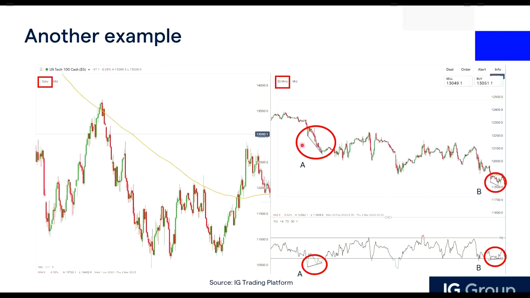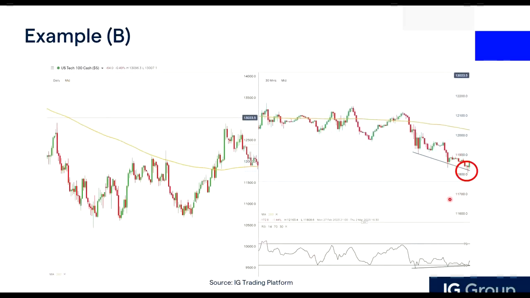So let's say you continue monitoring, and you notice that over here the same thing happened. Prices form a lower low, but the RSI is forming a higher low. So you zoom into this portion again. For B, in this divergence, we notice that prices were again supported by the 200 moving average in the higher time frame on the daily. There was a hammer pattern forming over here, and there is a divergence as well.